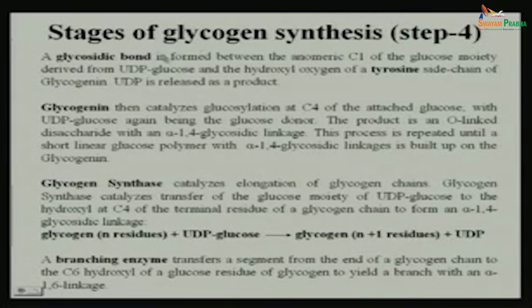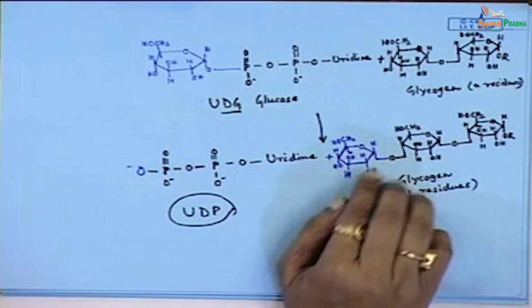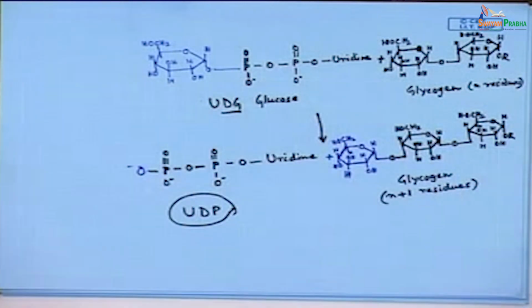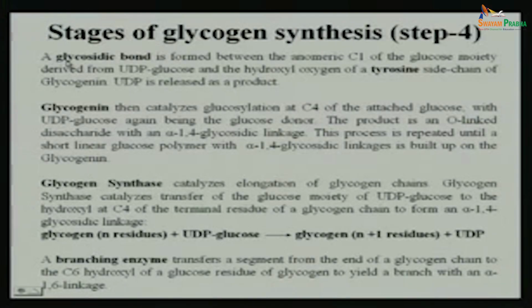Now if we see the glycogen synthesis, this is how the synthesis takes place within the cell. A glycosidic bond is formed between the anomeric C1 carbon atom of the moiety derived from UDP glucose and the hydroxyl of the tyrosine side chain of glycogenin. UDP is released as a product. So see this